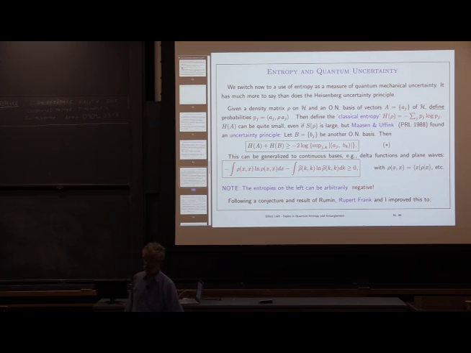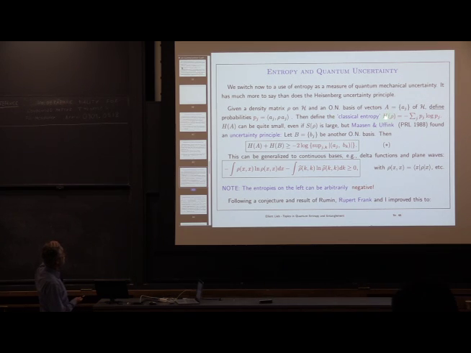And one can be small, have a narrow distribution, but then the other has a fat distribution. All right? And what these guys observed in a Physical Review paper in 1988, which is very famous now, is that this was a very general feature about Hilbert spaces and orthonormal bases. So, given a density matrix rho and a Hilbert space and an orthonormal basis, which I'll just call A_j, a bunch